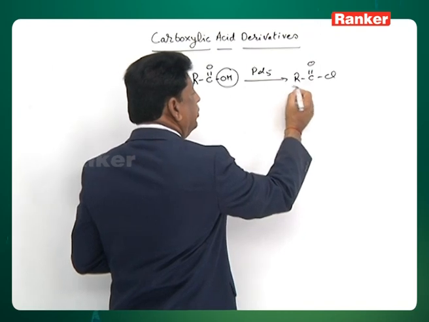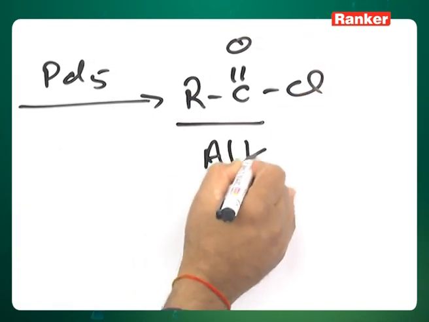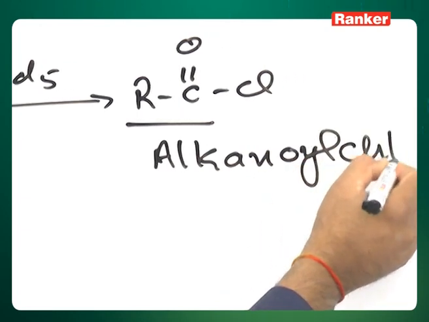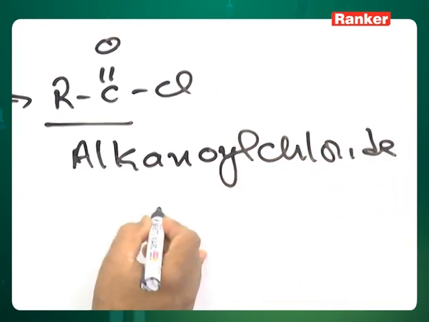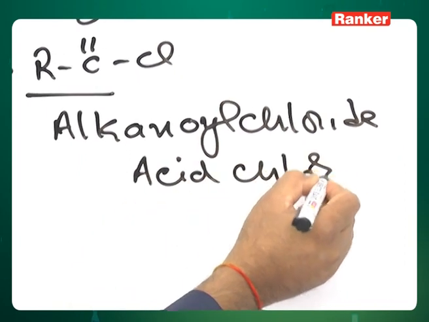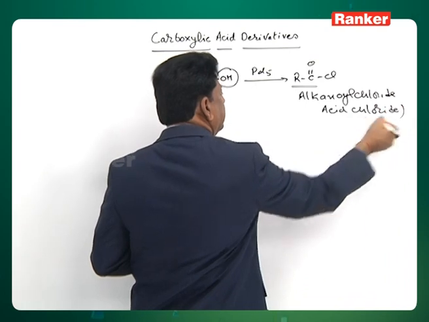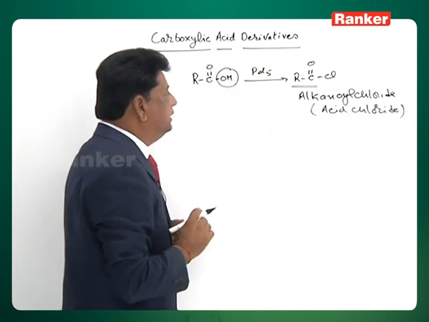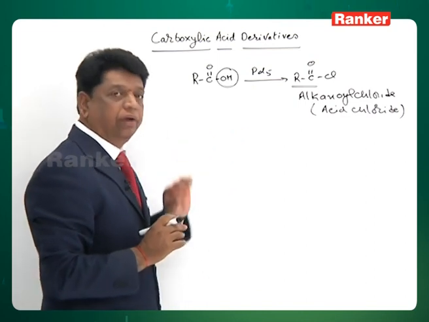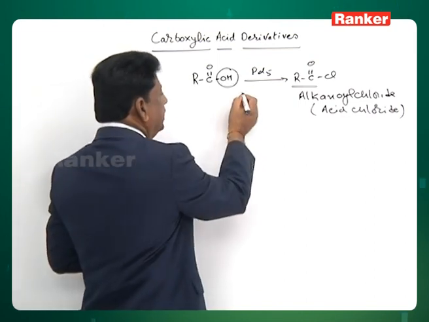This is called, up to this you say, alkanoyl chloride. This is called commonly acid chlorides, acid chloride. So, by replacing the OH with Cl, we get acid chloride. This is the one derived product of the acid. Similarly, you can have a